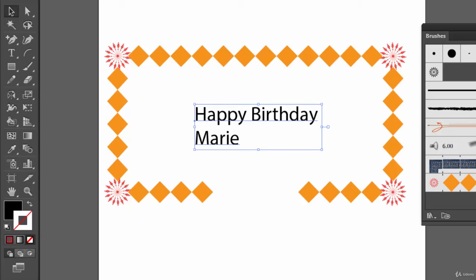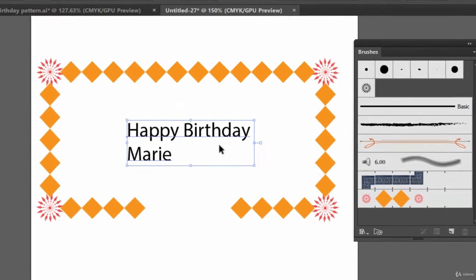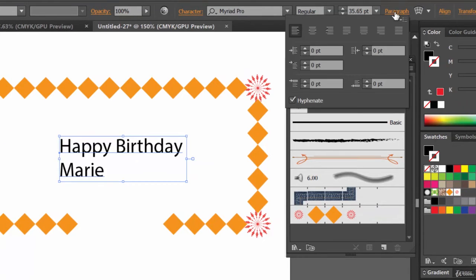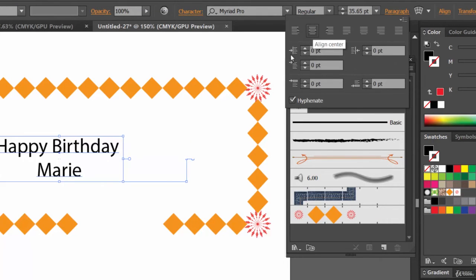Now after writing something, in the option panel, here you will see an option paragraph. Just click on it and let's align it center.